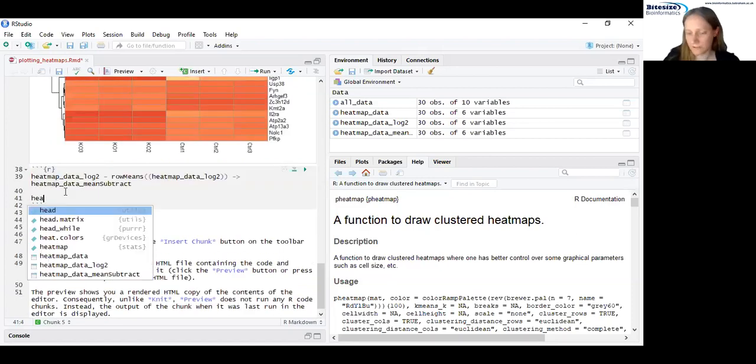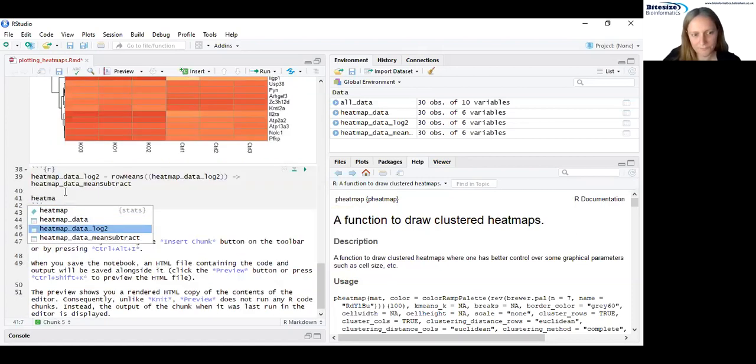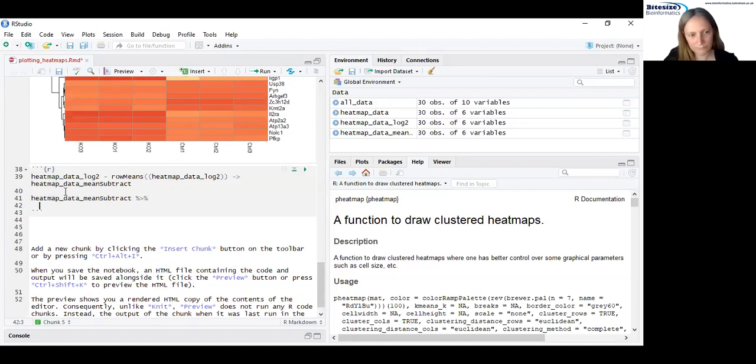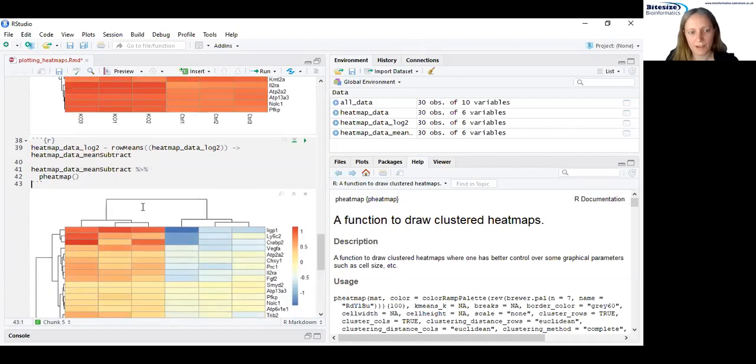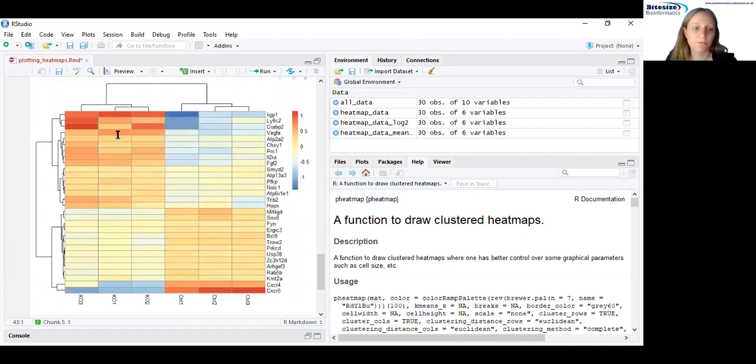and then plot that in the same way. Now you can see that it's clustering by whether they go up or down in the knockout. So you have this cluster up here, which are genes that are increased in the knockout, and this cluster down here, which are genes that are decreased. Okay,